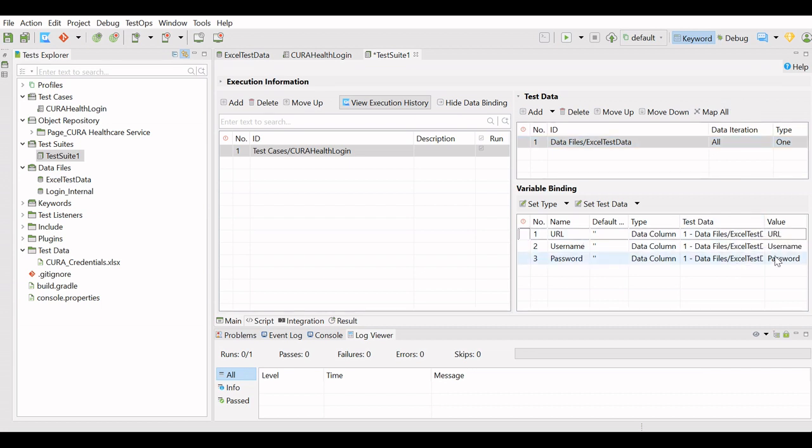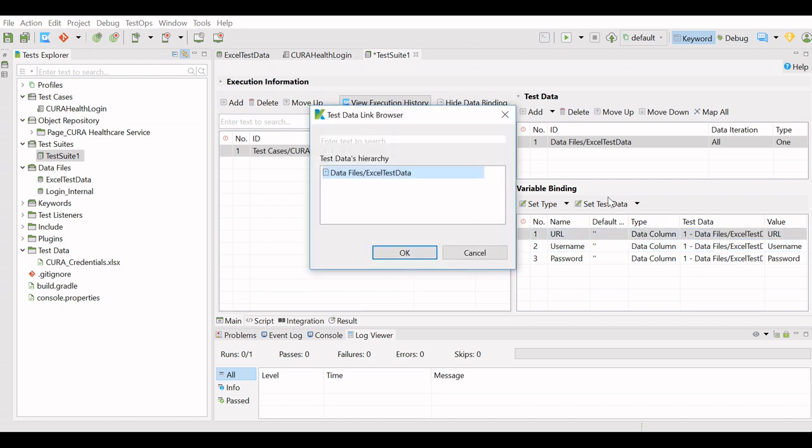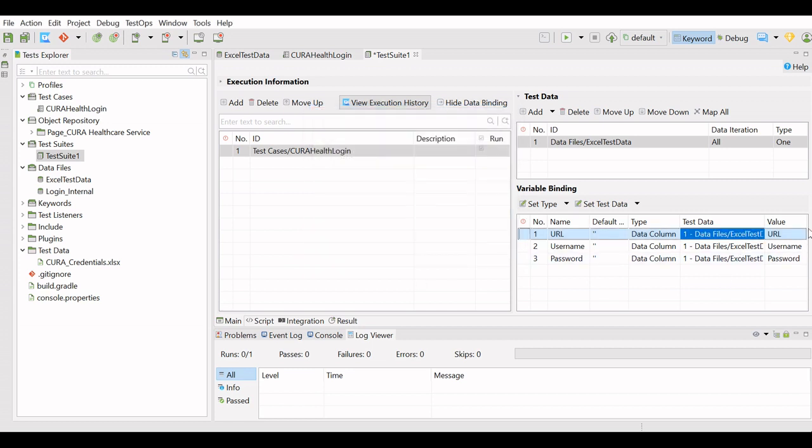This will allow you to map all values to these variables. If you do not use the same names as in the Excel file, you have to map these variables manually by clicking this test data column and selecting the test data file, and after that selecting the value column names.